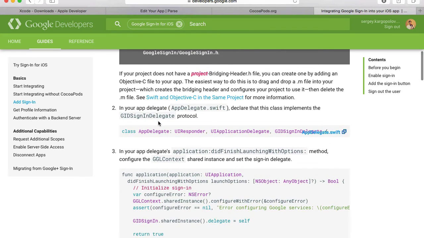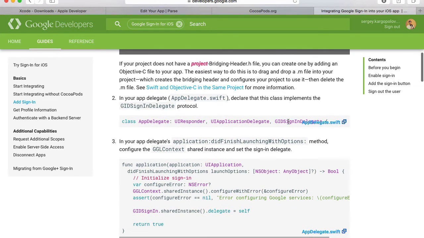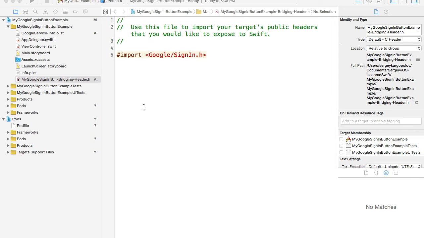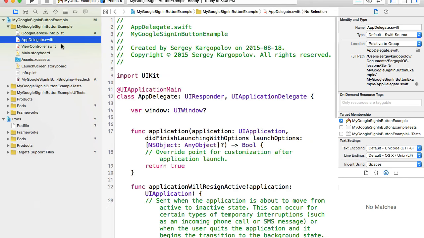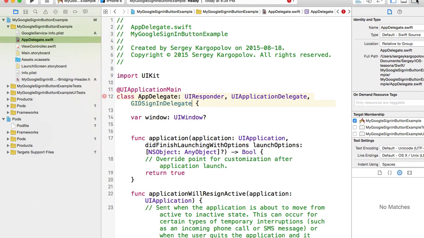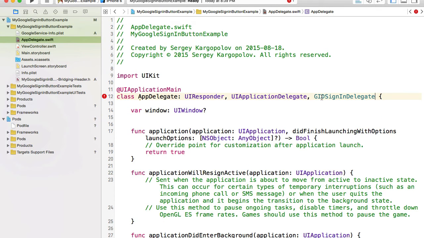Now the next step is to configure our application delegate file. To do that, we need to copy this line. For some reason it overlaps, but we need to copy this protocol name, and then I'll go to the app delegate Swift file and paste it. I'll put a comma and paste it here: Google ID sign-in delegate. So now if I build it, it won't build because